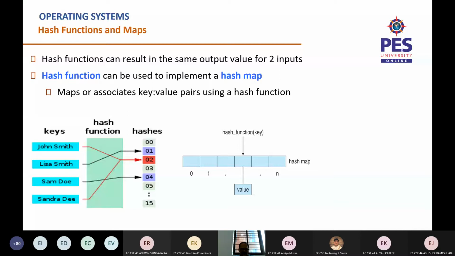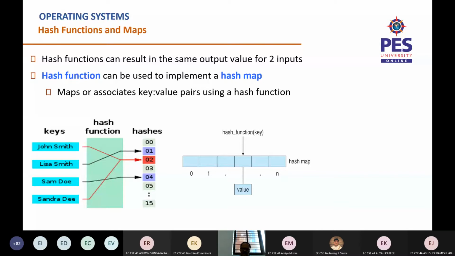All right. For example, let us say in your class there are 60 students, and I want to look at the SRN of a student whose name is, say, Abhijit, or a student whose name is, say, Lavanya, or a student whose name is, say, Sachin, right?